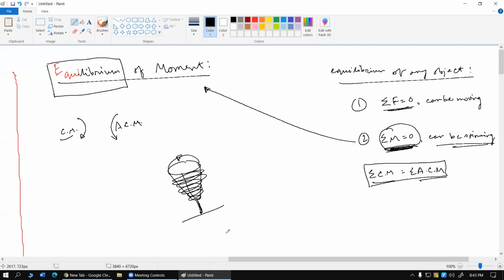From that point onwards, the rotation of the top is in equilibrium of moment. Although it is spinning, there is no unbalanced moment. Clockwise moment, anti-clockwise moment, কোনোটাই তার উপর কাজ করছে না। বাট যেহেতু এর আগে একটা মোমেন্ট ছিল, সেই মোমেন্টের যে ইফেক্টটা স্পিন, দ্যাট ক্যান বি কন্টিনিউড।